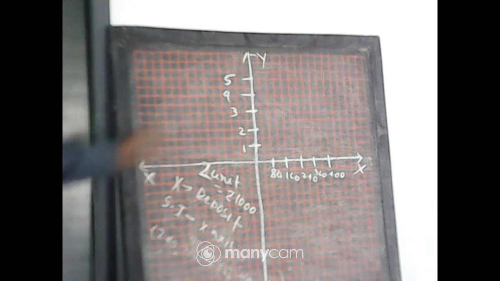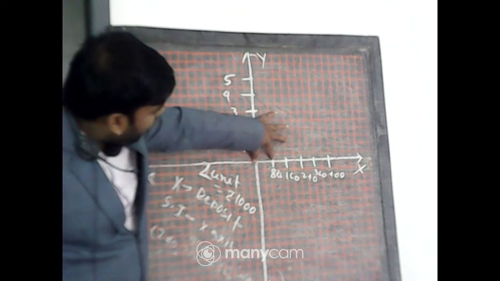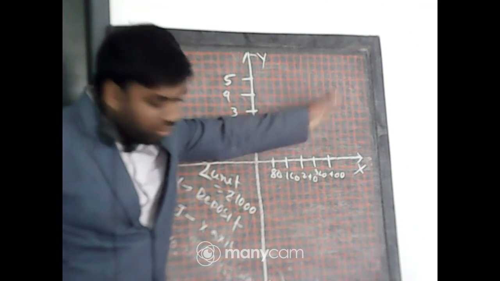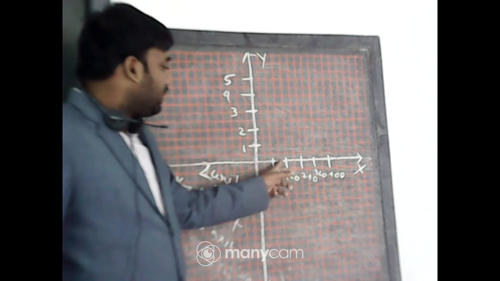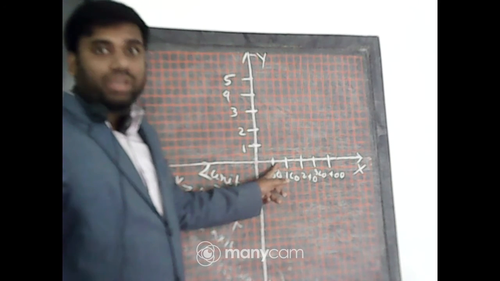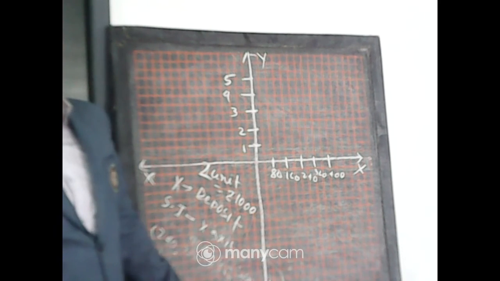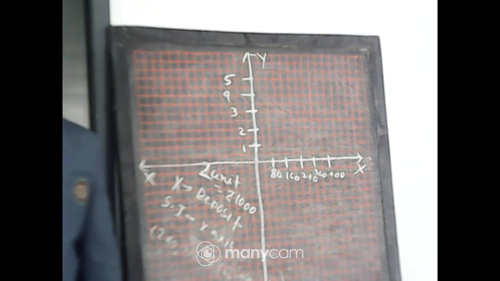Here, 2 sides of a square, 2 sides of a square, 2 sides of a square. Along this distance I am denoting them. Yes or no? I have already told you that you can choose the scale according to you, but it should be uniform. Here I am taking 2 sides of a square as 80; taking one side of a square as 160 is not possible, then it will not be accurate.